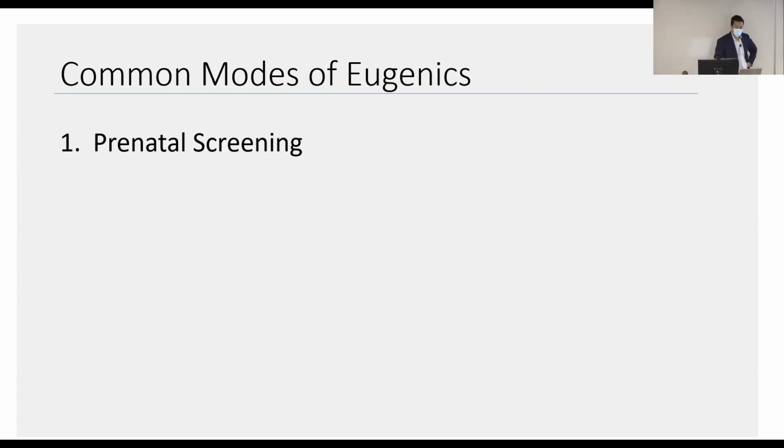At the very beginning of the lecture, we've brainstormed quite a bit about eugenics. I've given an introductory spiel about it. I think there's some common modes. And here I thought of a few. I don't remember how many I thought of. But if you can think of any more, please let me know. We can add it to the list. So I think a very common mode is prenatal screening. I mean, this does occur.